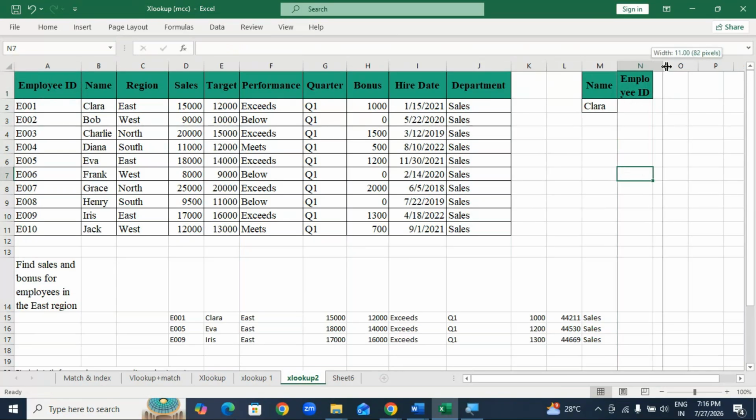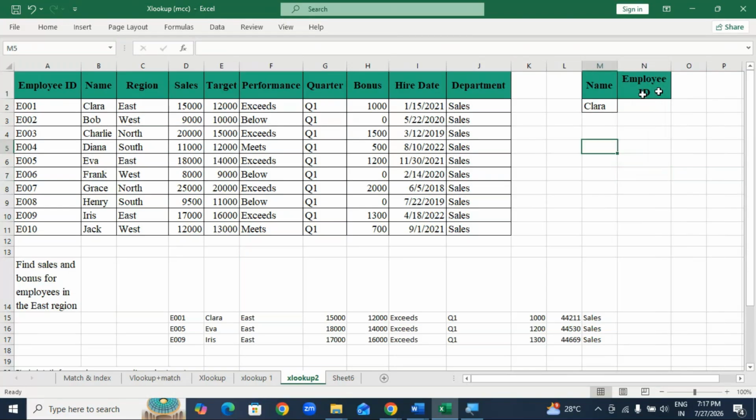This is one of the options. See, using the employee name, I want to find out the VLOOKUP. Sorry, I want to find out the employee ID. But we can't. When we are going to use the